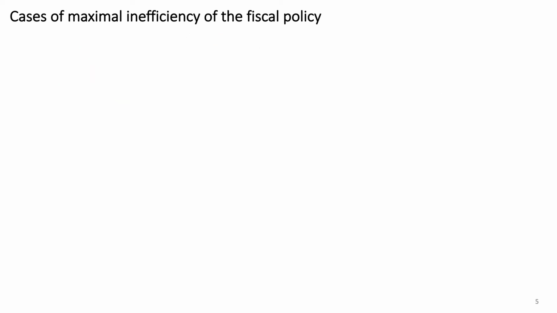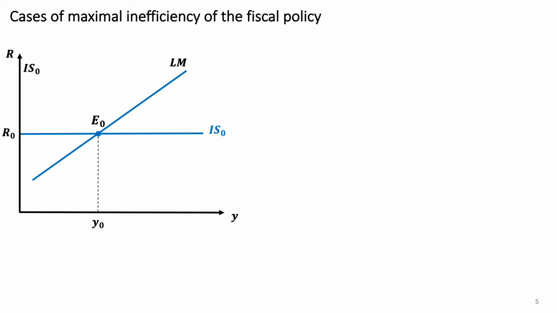Symmetrically, we can show the cases of maximal inefficiency of fiscal policies. Again, two cases here. First, when the investment is perfectly elastic to the interest rate, IS horizontal. In this case, as soon as there are upward pressures on the interest rate due to the increase in demand of loanable funds from the state to finance the policy, the investment decreases a lot and compensates the increase in